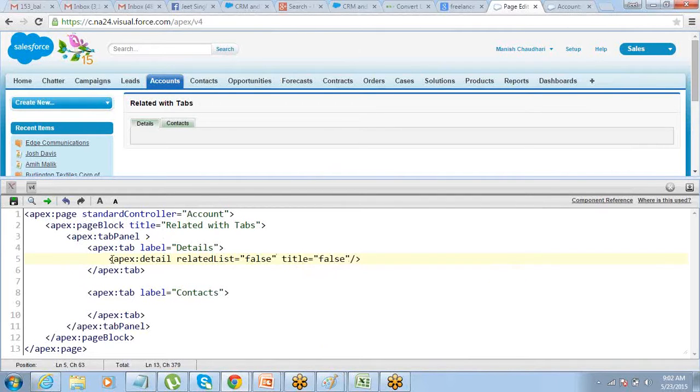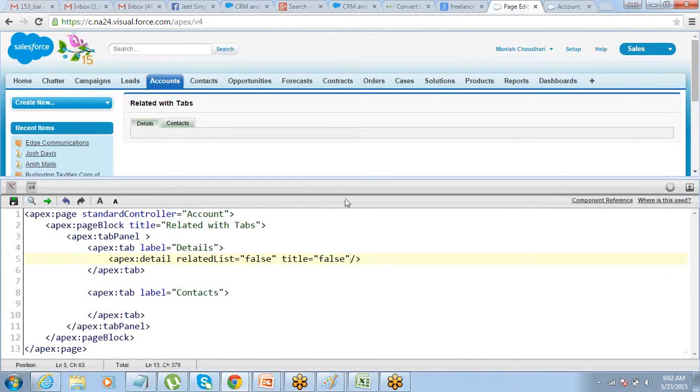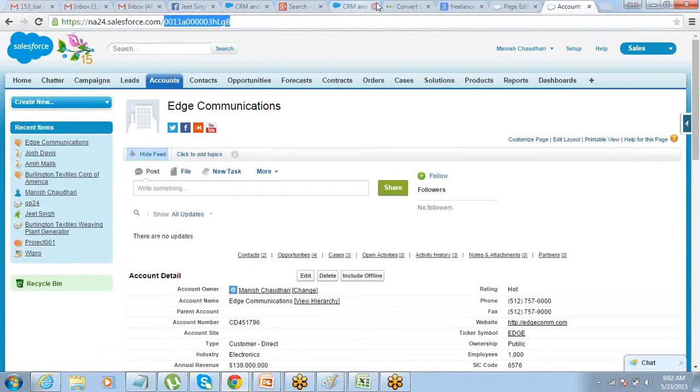Okay, so under the detail tab, I want to display the details of the record. Fine. Let me take the account ID and put it here.